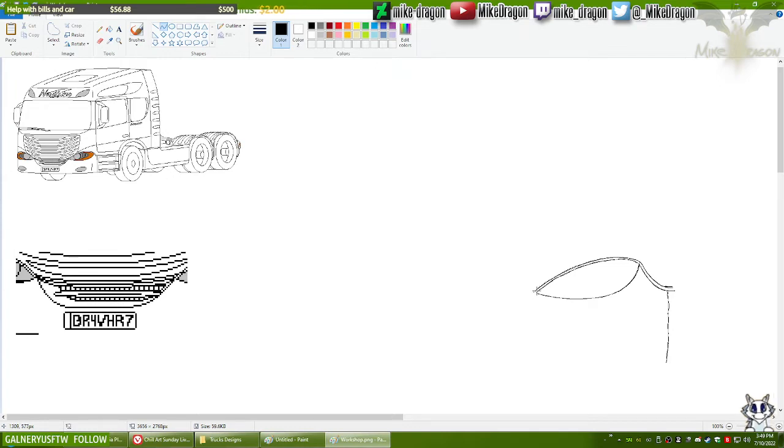Actually, hold on. Now I'm going to draw the bottom of the bumper.